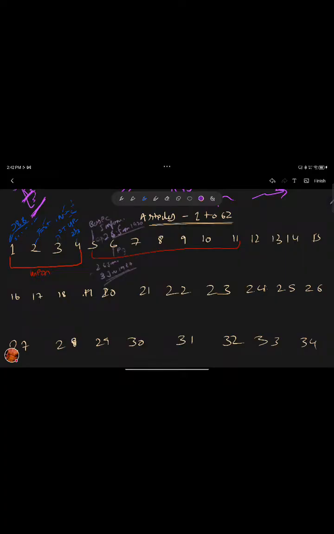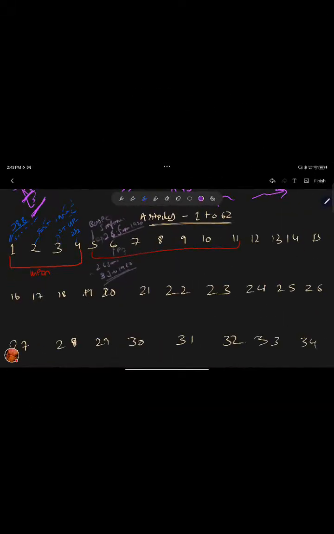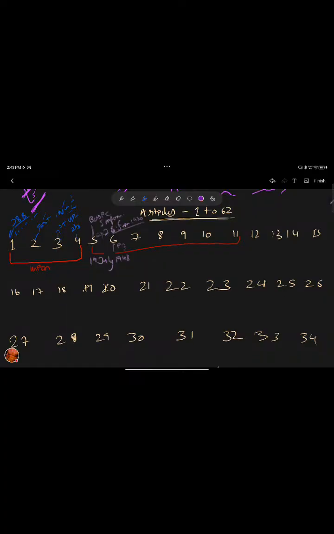Okay, 19 July of 1948 till what? 1st of July of 1987. Okay, that is of a different case. This one is of the 19th of July of 1948. From here to there, it will be considered a citizen of India, as long as one parent was born in India.